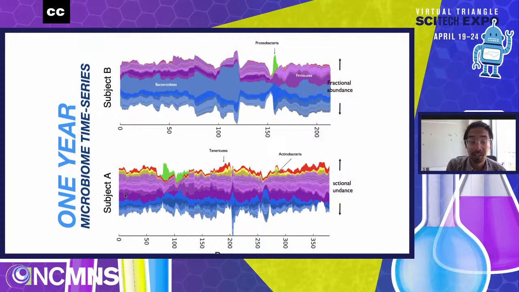Meanwhile, in the other subject, this is me, there were other kinds of bacteria, and each of the colors represents a different bacterial species. Again, there was a period where new bacteria were coming into place. This happened when my wife took a job in Thailand, and I followed her to live with her for a summer, as well as to eat all of this really yummy Thai food that I loved. It turned out that doing that probably had an effect on my microbiome. But then coming home, which I was sad to do, leaving all of that Thai food behind, my microbiome appears to have gone back to the way it was before I left.